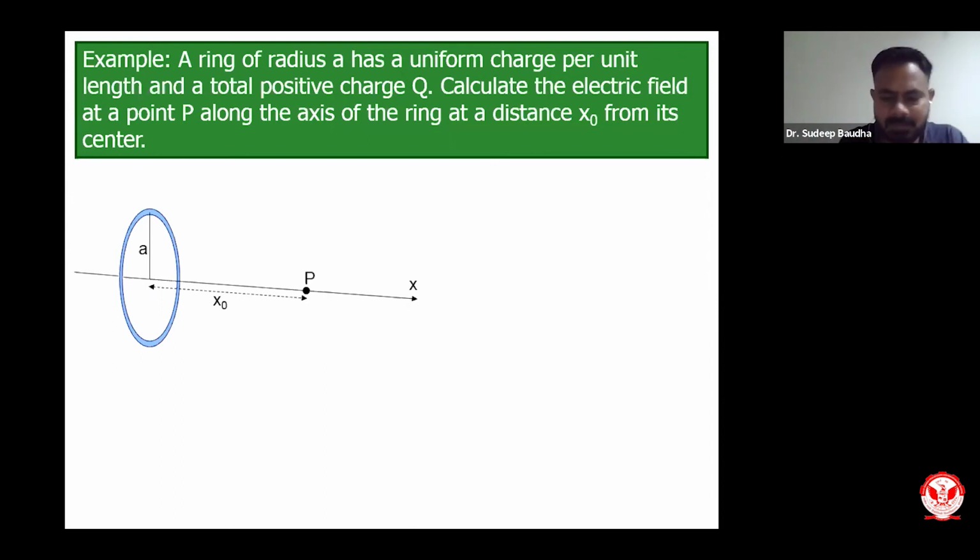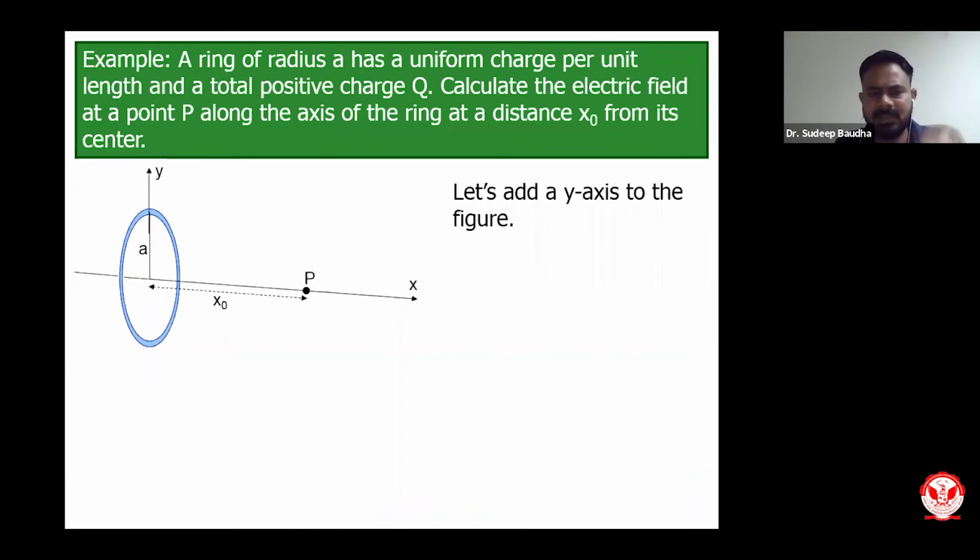So let's start with this. I hope you know how we have done in previous cases. The same thing I will be doing over here step by step, of course, so that it becomes very clear to everyone. Right. So first of all, I will add axes. What are the possible axes? So I have y-axis. I already said there will be z-axis, which is pointing out from your screen. So I won't denote over here.